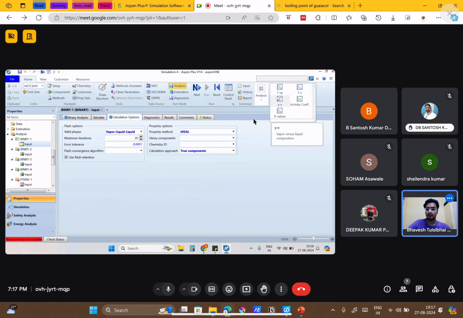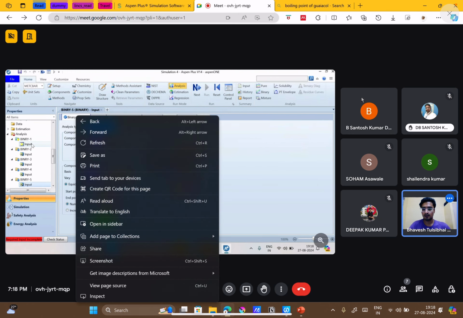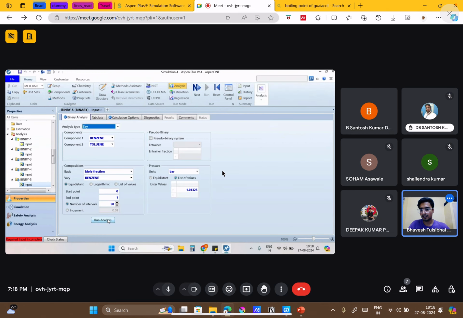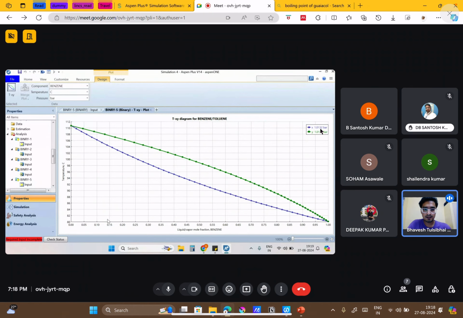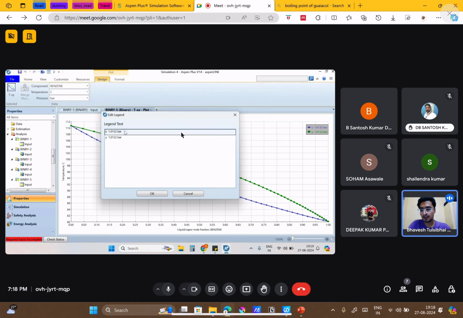You have to generate it. Go to the input part of binary analysis again and run the analysis. Just change the label to ideal x, ideal y, in the legend. Change x and y by putting ideal at the end.